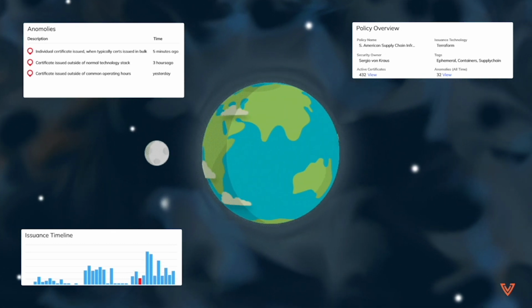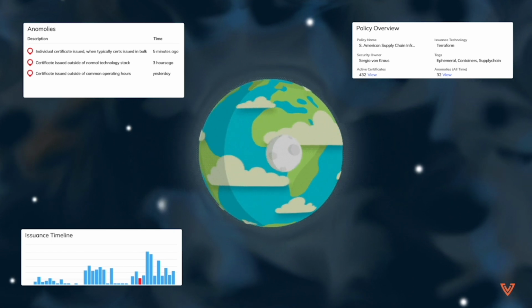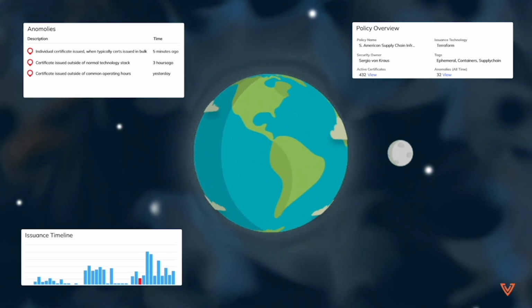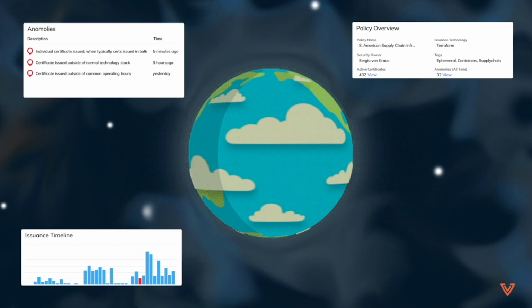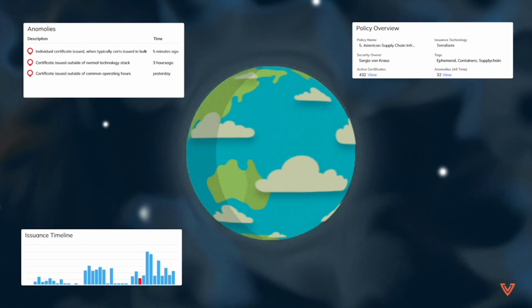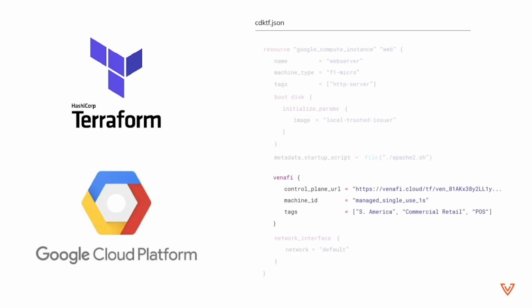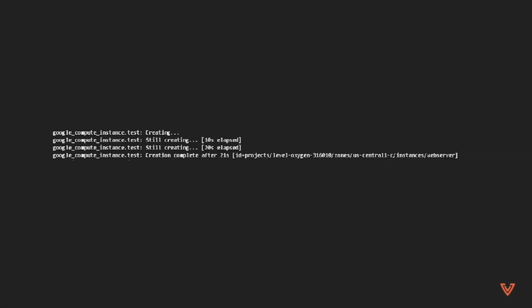You as the developer now no longer need to worry about an Excel sheet full of controls that you have to implement and other intrusive controls that prevent you from pushing code out when you need to. Your contract with the machine identity management team is simple. It is a single line in a configuration file. The control plane integrates with the CI/CD pipeline and automates the rest.